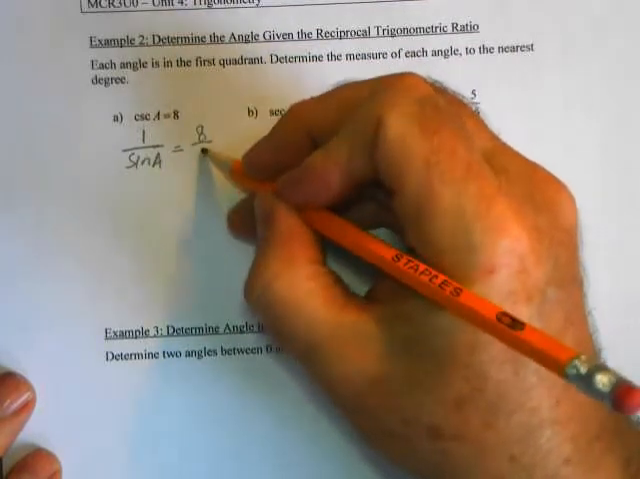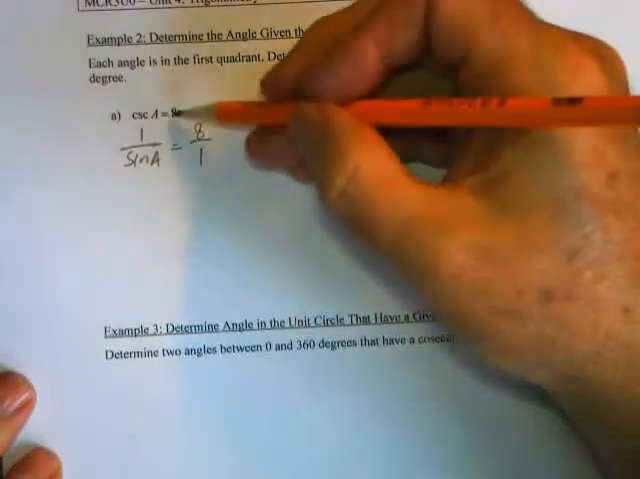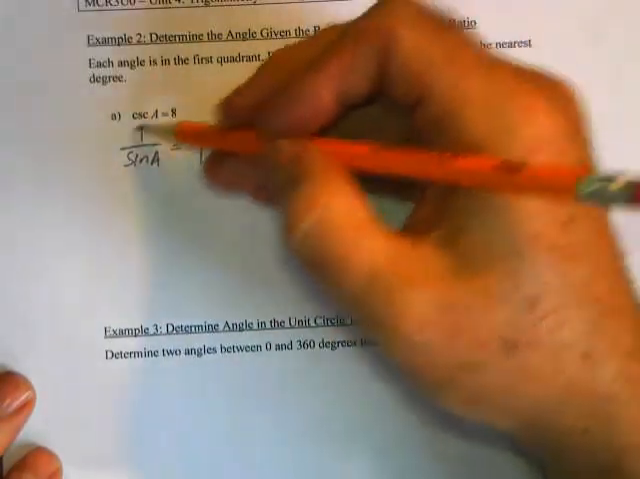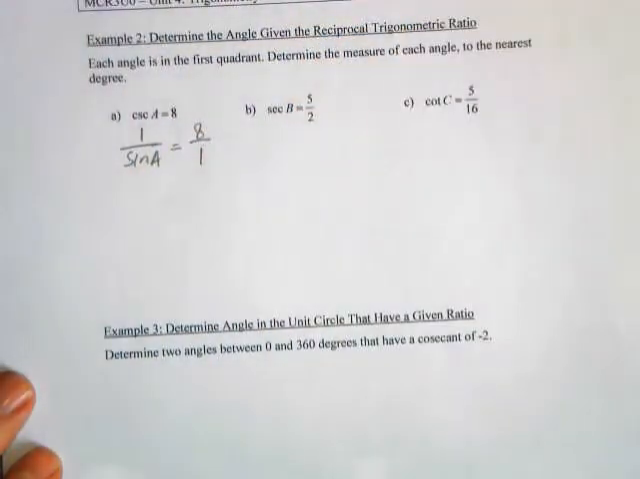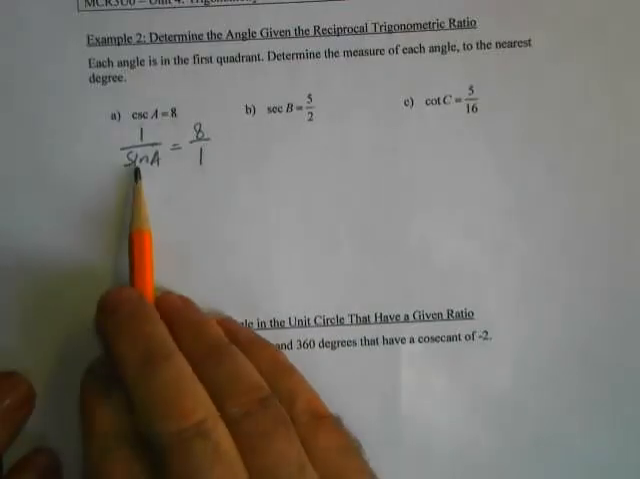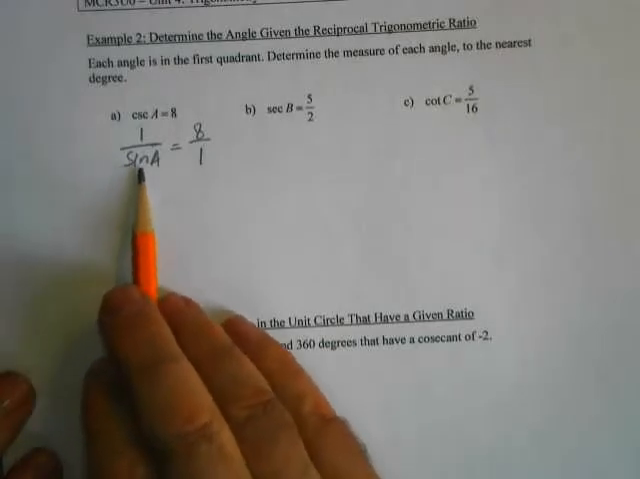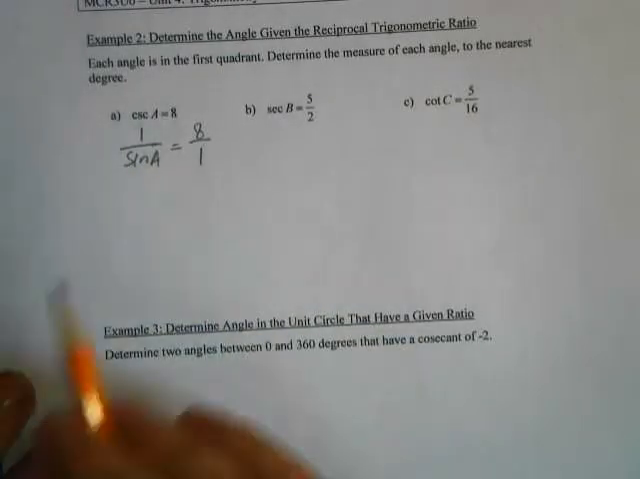So 8 over 1. Okay, same value, and this is also the same value. I haven't done anything other than change the way I've written it. Now I really want to have sine A equals something, and I can do that if I